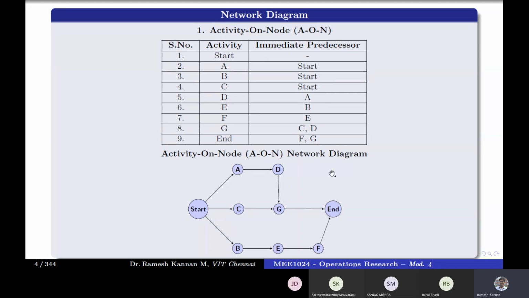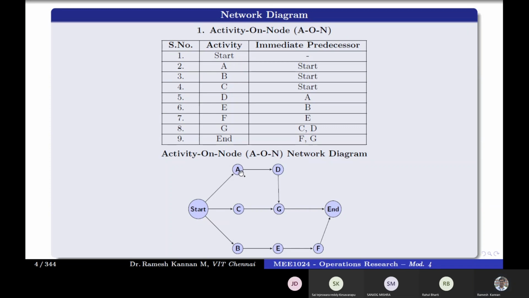Say for example, if you travel from Vandalur to Kelambakkam, if somebody asks you at Kelambakkam where you are from, you'll generally say, I'm from VIT. You don't say I'm from Vandalur. Or if you are from another place like Tambaram, you don't say I'm from Tambaram, then I reached Vandalur, then VIT, then Kelambakkam. It's not like that. You'll generally say the immediate predecessor, what is immediately before that.